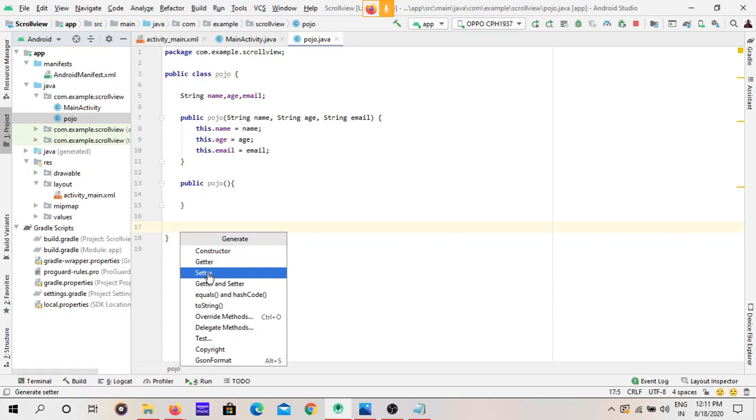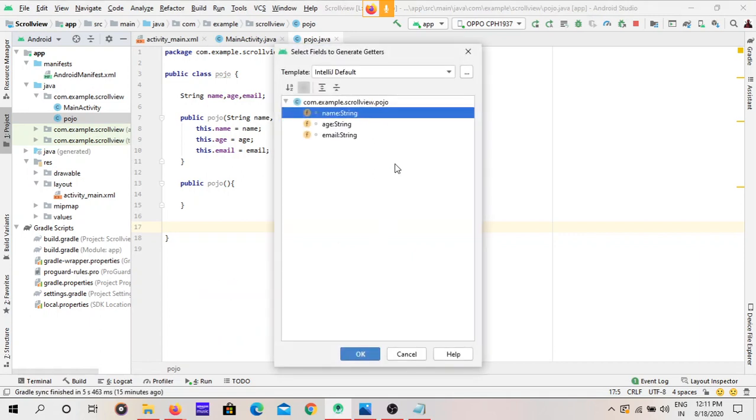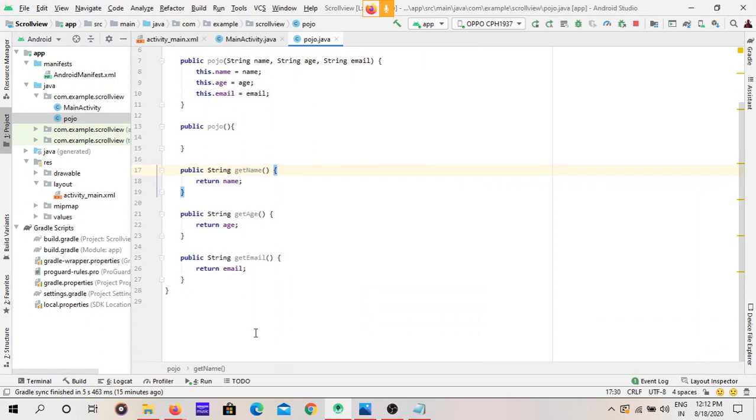Setters set the data in our app or in the Firebase database. Select everything. We want getters for these strings. Click OK. Getters are finished. Now generate setters.